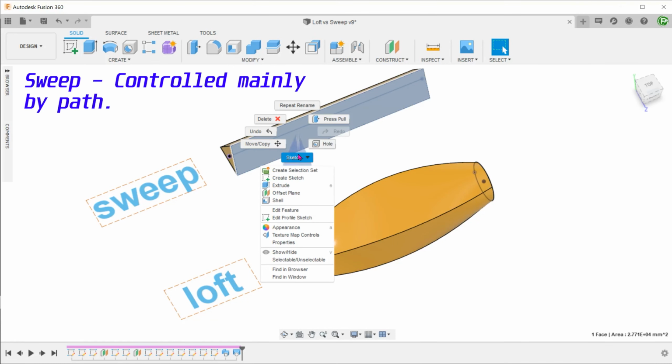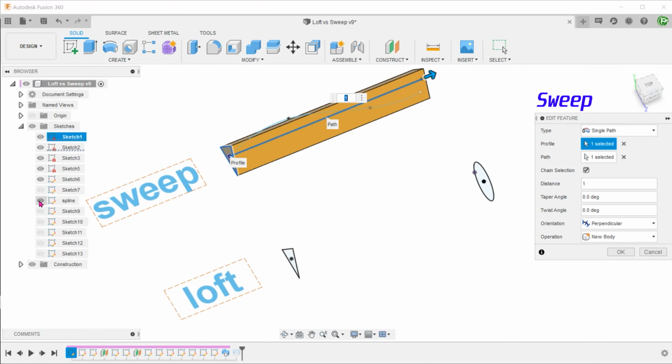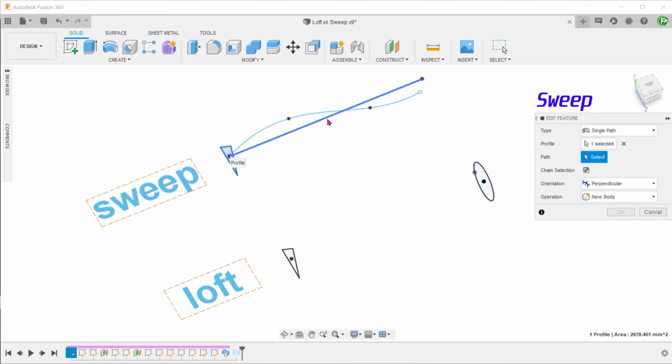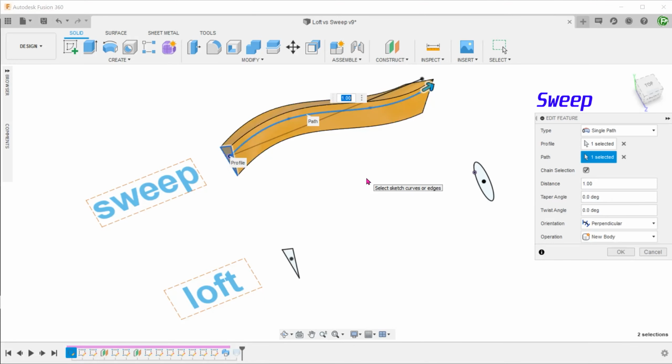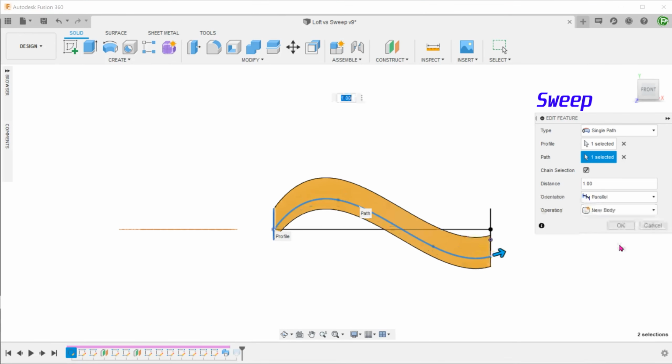A sweep is controlled mainly by adjusting the path. For example, we can replace a straight line with a spline. We can also control the orientation of the profile with respect to the path.